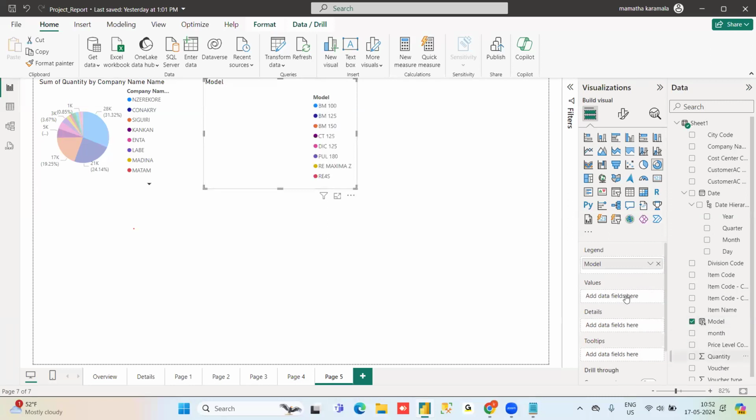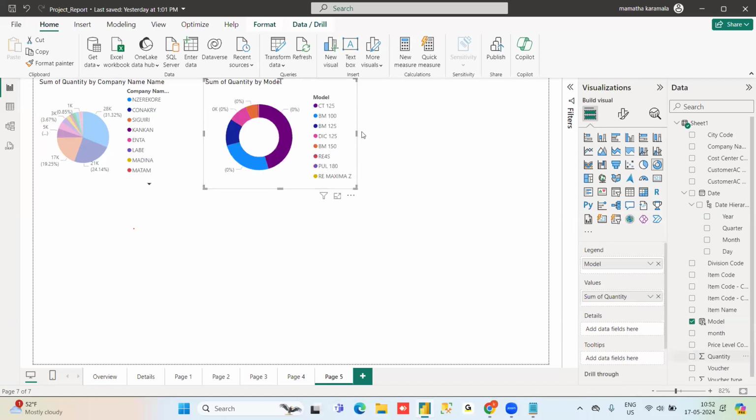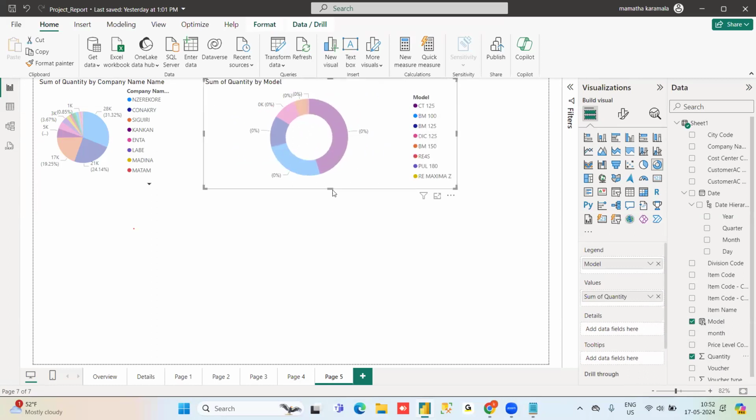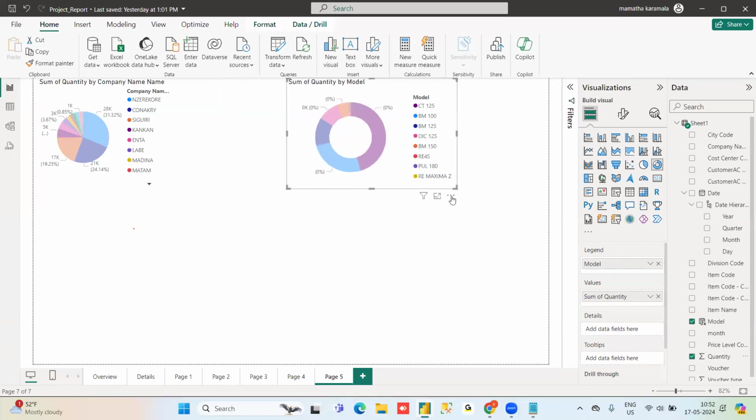Consolidated data I have taken like this. This is just a donut chart, and that is a pie chart. I have taken it like this.